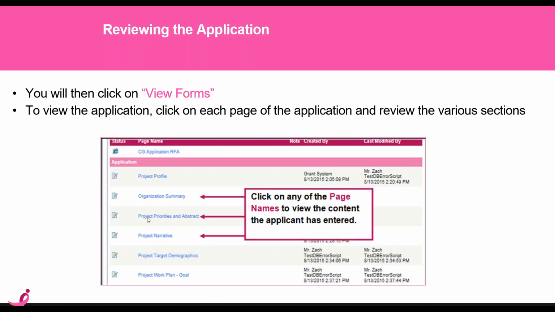The project priorities and abstract, so this is where they would select the priority that they're trying to meet, and then there will be an abstract for the project. Then the project narrative that is broken out into those categories of impact, program design, monitoring, evaluation, all of those things that are mentioned in the other recorded training. Then the target demographics, and then their work plan, so their goals and objectives. So these are all here. You can click on them, read through,